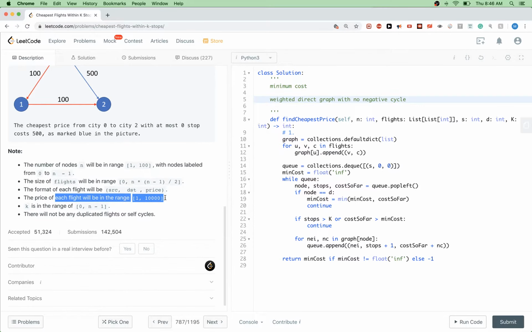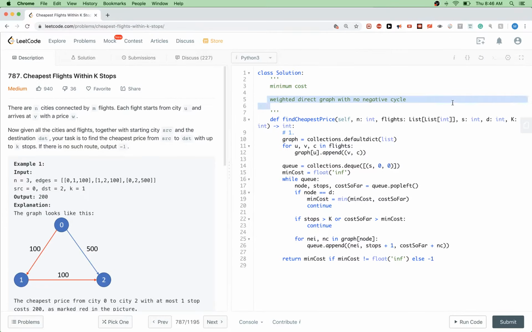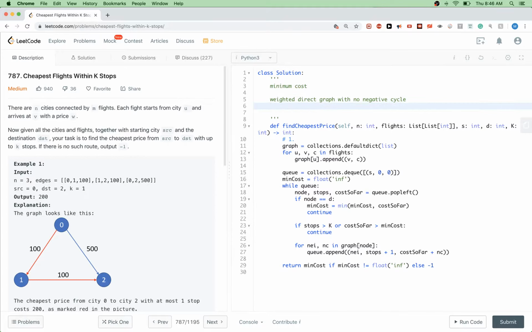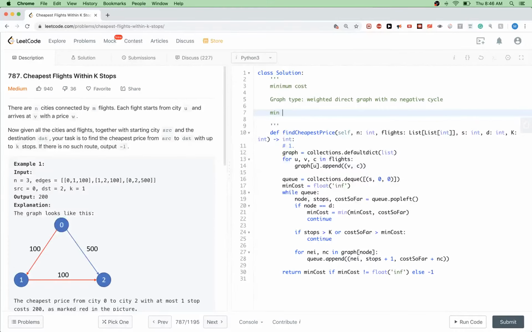Will be in this range, so it's always positive, and so our graph has this property. And finding the minimum cost, or the minimum path, in terms of edge weights, for a graph like this, there is an algorithm that already does that. That's exactly what Dijkstra's algorithm is designed for, right? And so instead of doing our custom BFS that we did here,